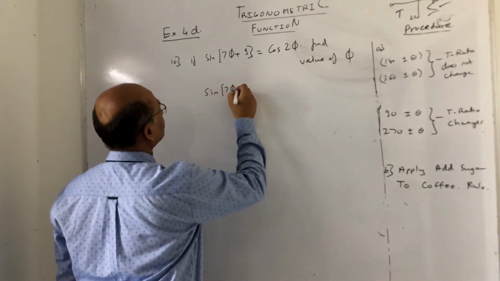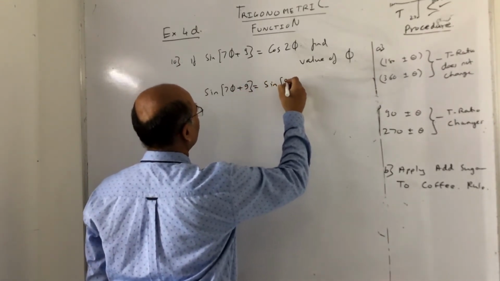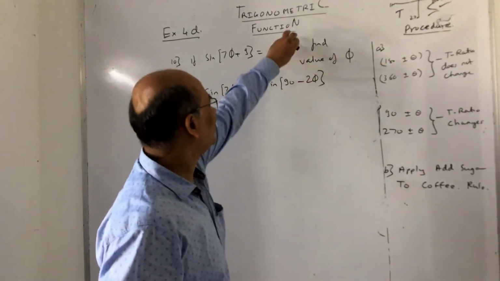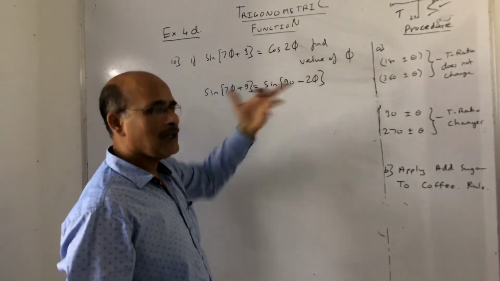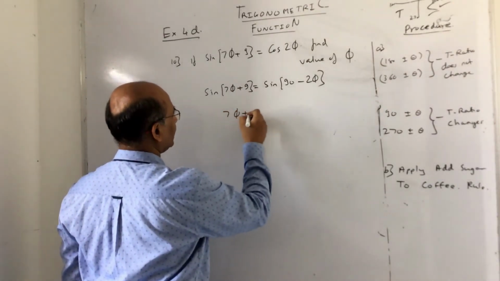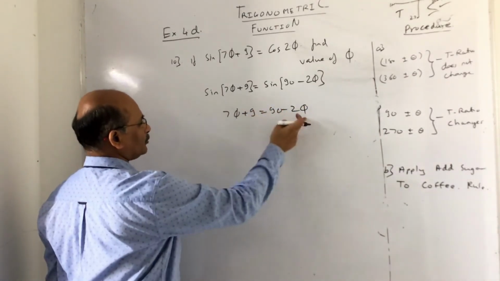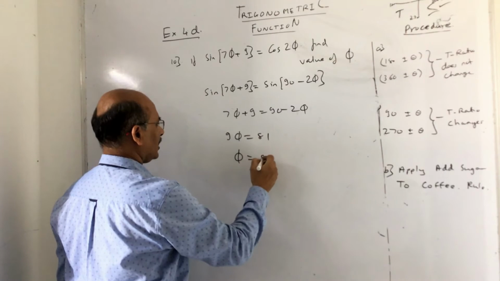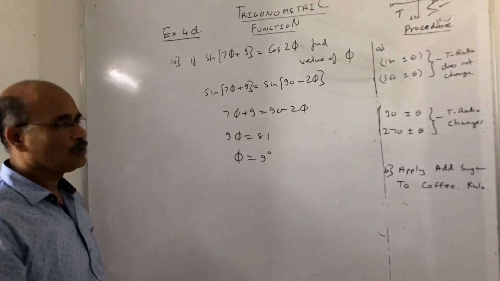How I can do that, I'll just tell you. Sine of 7 theta plus 9 is equal to sine of 90 minus 2 theta. Here 2 theta is my complete angle. So sine of 90 minus theta is cos theta, as simple as it is. Okay, so now you can equate the angles on both sides. This is 7 theta plus 9 is equal to 90 minus 2 theta. So basically what happens over here, 9 theta is equal to 81. So theta is nothing but 9 degrees. So that's simple, not difficult at all. Okay, so I hope you got this point, children.